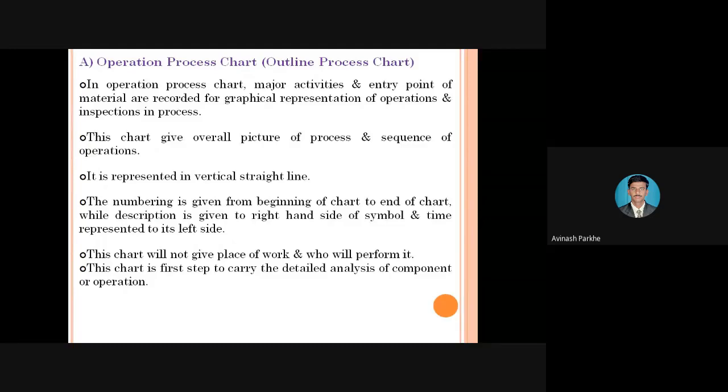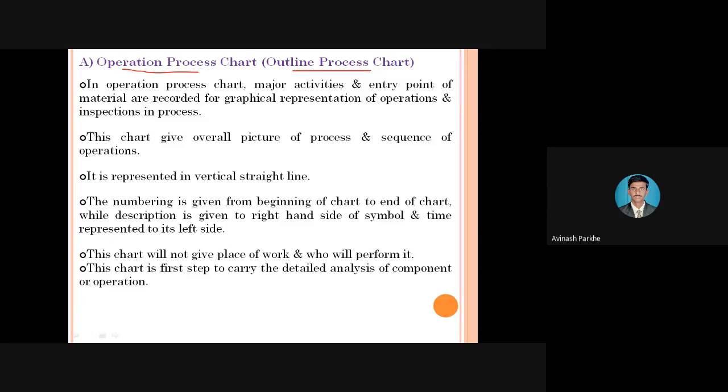Whatever operations we are performing to convert the raw material into the finished goods, the outline of that particular operation, if it is represented in graphical form, is why this chart is also called an outline process chart. Also, it represents the entry point of the material as well as the exit point of the material. Entry point means from which operation your material will start, or be converted into finished goods. So the entry point of that particular material and the exit point is also represented by this operation